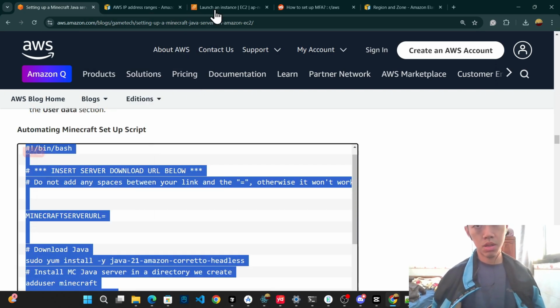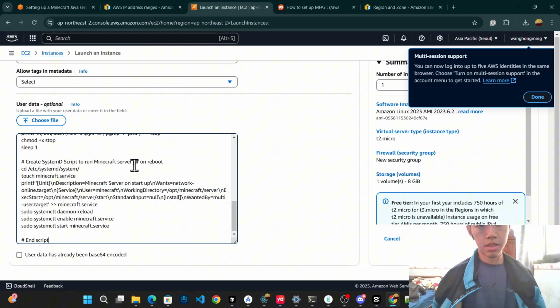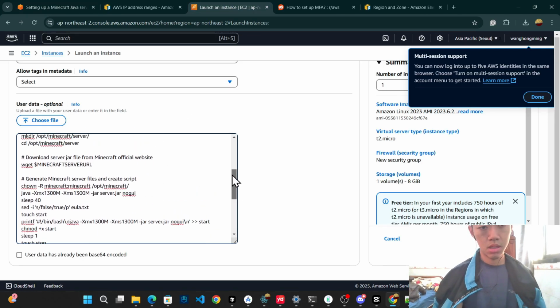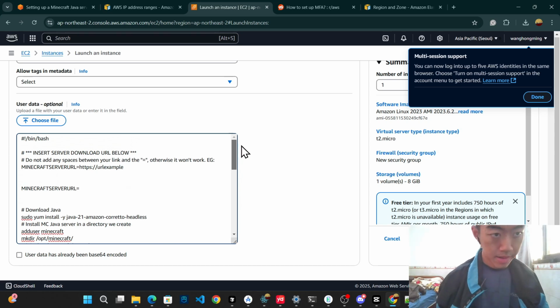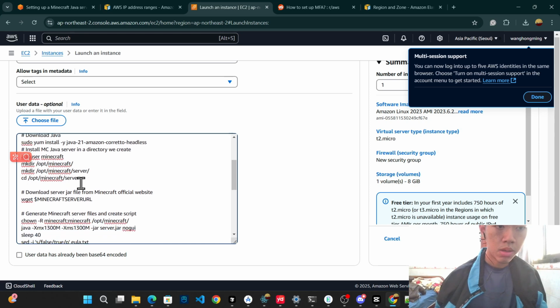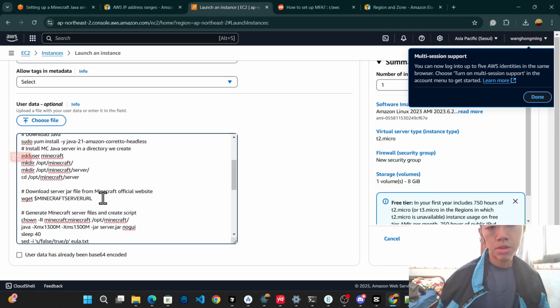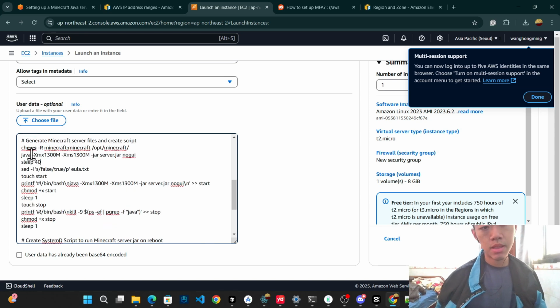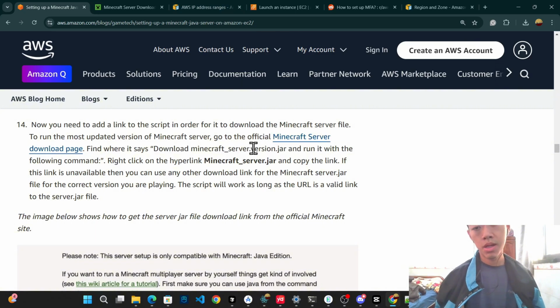We copy the code and paste it to here. This is a shell script. You need to set in the Minecraft URL, and it will download this Minecraft from the Minecraft official website. And here is the Minecraft server setting. For the URL, we need to